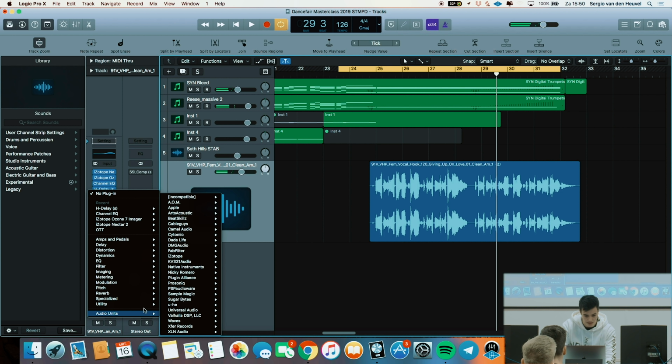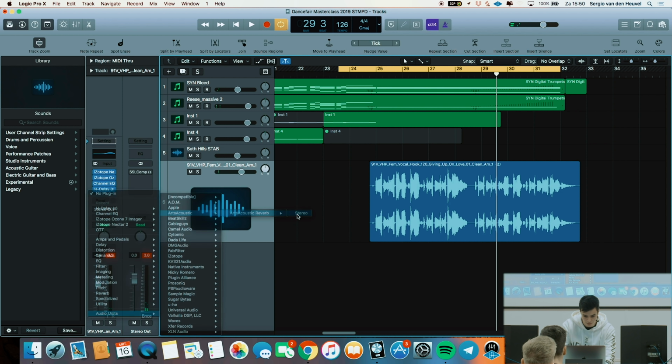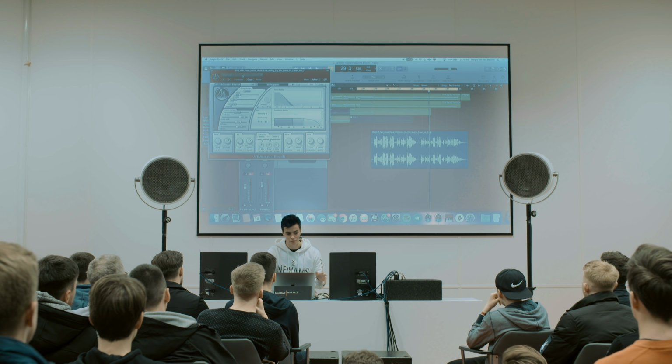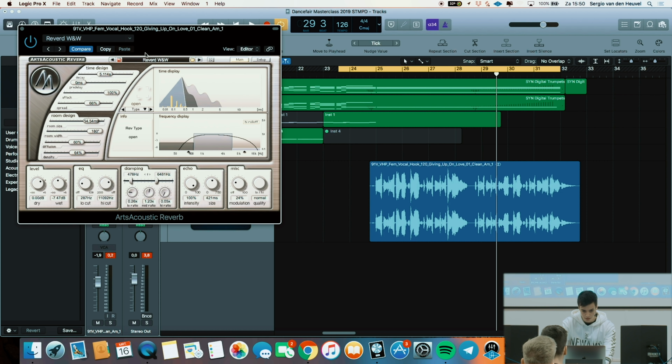And of course some reverb to make it bigger, because it's really dry right now. Also the same reverb as I used on the vocal cuts. It's just the same preset and then play with the volume of the